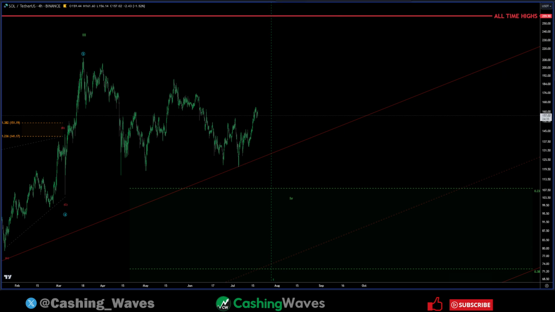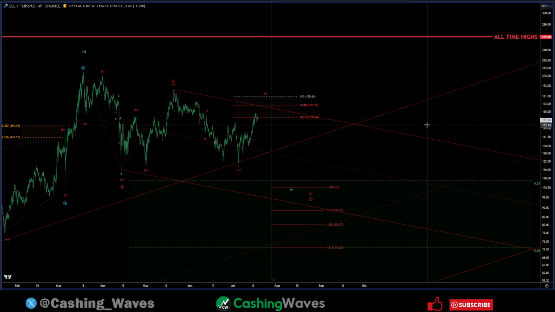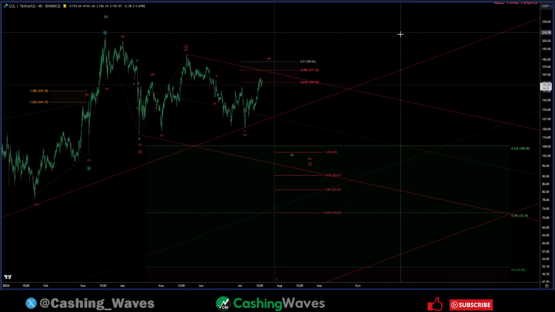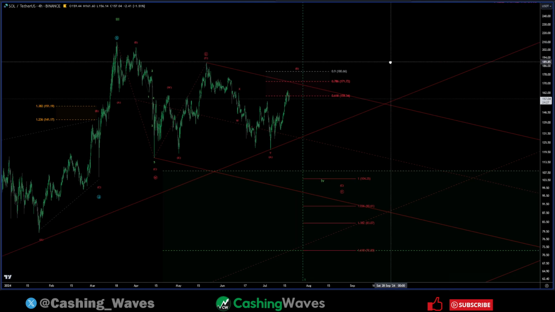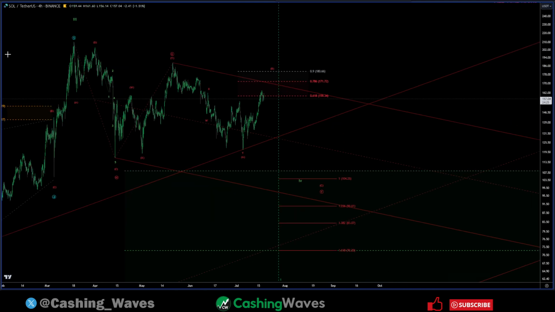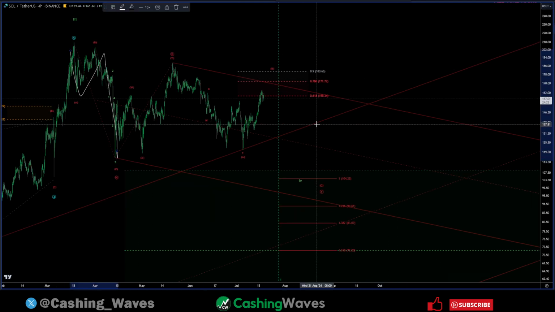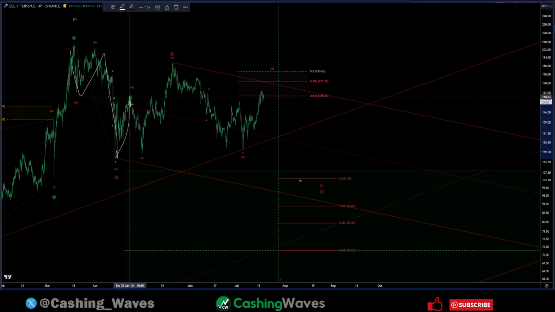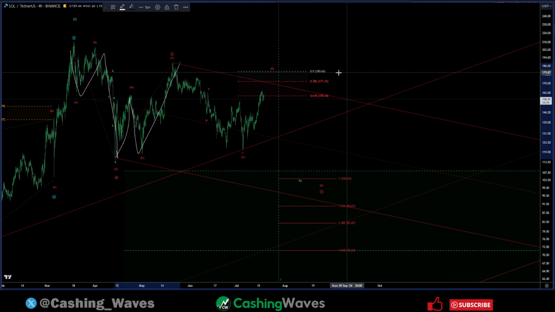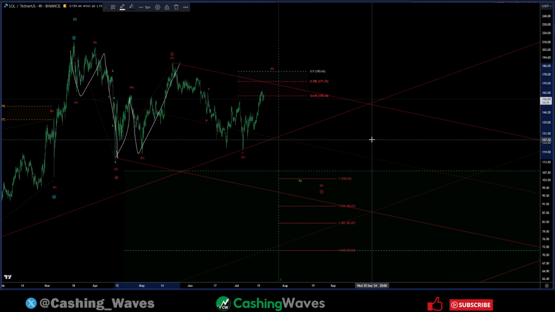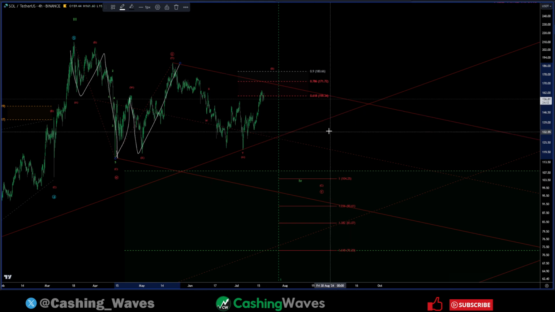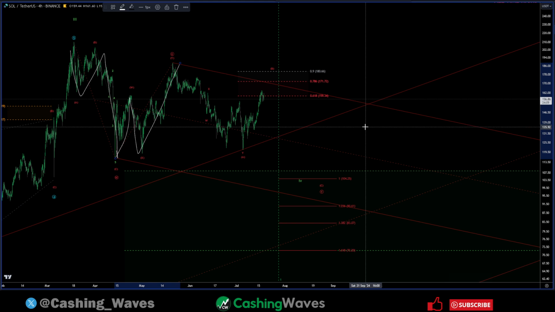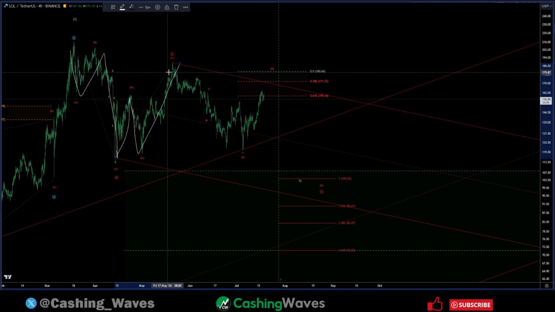Now our bearish scenarios, just in the short term, bullish overall, but just in the short term, is as such. We have a 3-wave move for a W wave. We have our X wave, and we're looking for a 3-wave move for our Y wave. Now this can be counted multiple different ways. This is the issue when we get a lot of overlap. I can actually count this as a double zigzag,